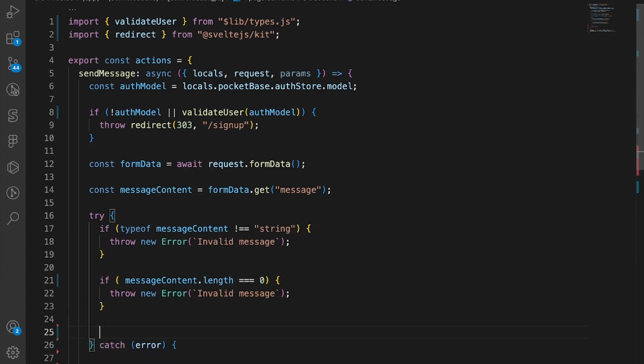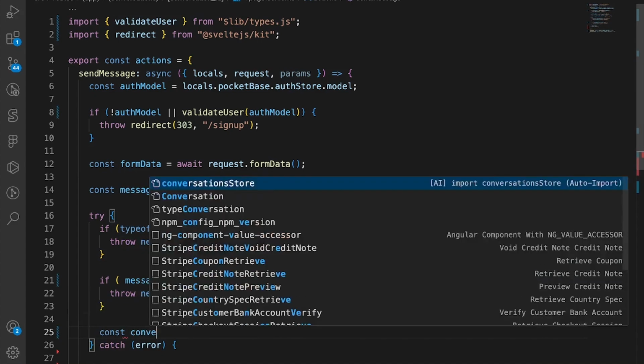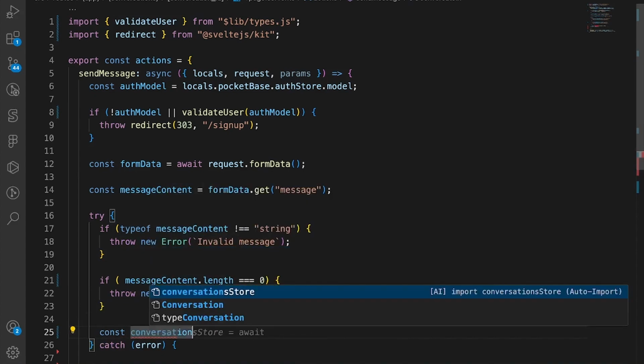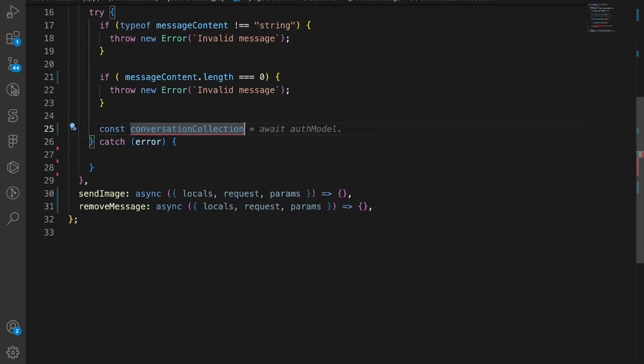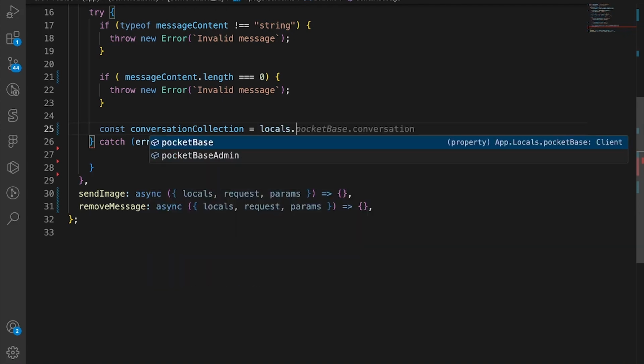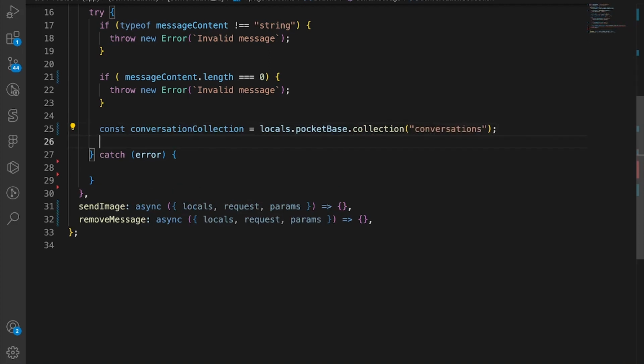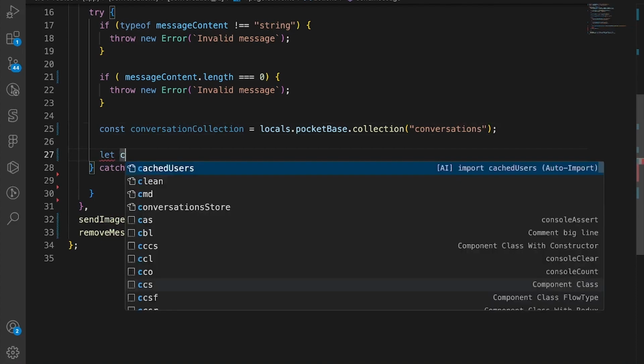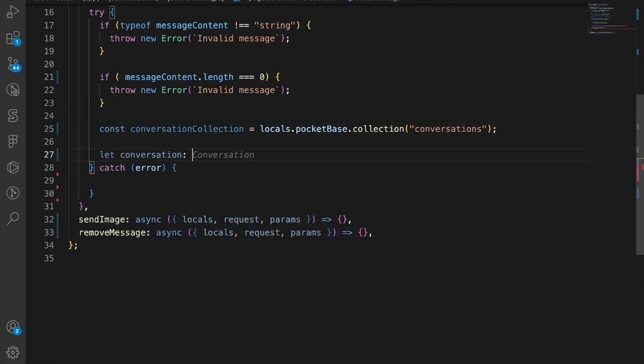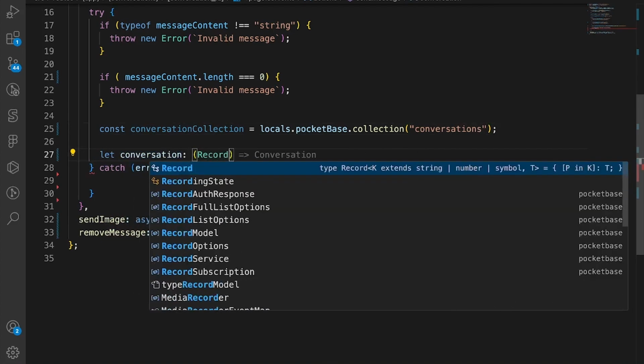So then once you validated it, let's get access to the actual conversation. So conversation collection, let's just scroll down. Conversation collection is equal to locals.pocketbase.collection, and then we just say conversation as the collection name. So then we get access to the actual conversation, saying that it's going to be a type of record model